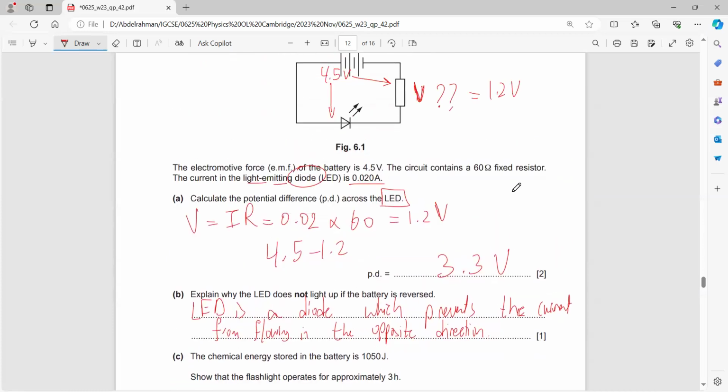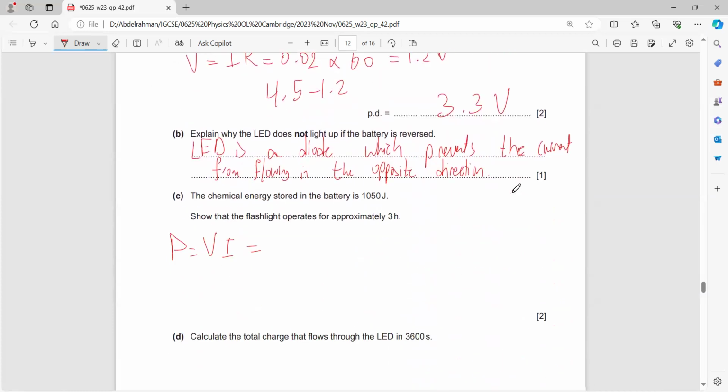P equals VI. V is 4.5 and I is 0.02. 4.5 times 0.02, so the power of this circuit is 0.09. Time equals energy over power, which is 1050 over the power, which is 0.09. So it'll give me a huge number, which is